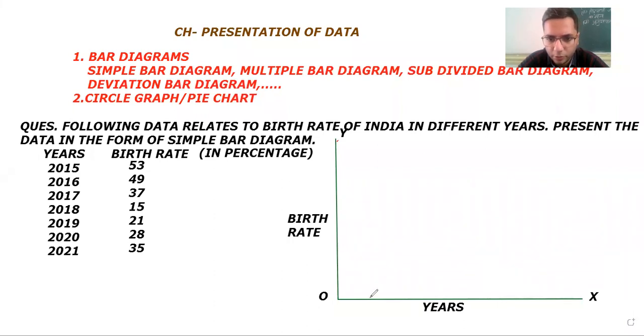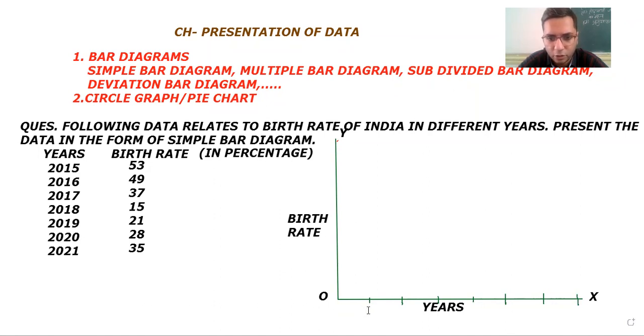So this will be your 2015, 2016. I'm marking 2017. You know, marking make it easy. 2018, and you don't have to make it on the bar graph paper. On the normal sheet, according to CBSE, you can make it on the normal sheet. So 15, 16, 17, 18, 19, 20, and of course 21. Okay? So let's plot it.